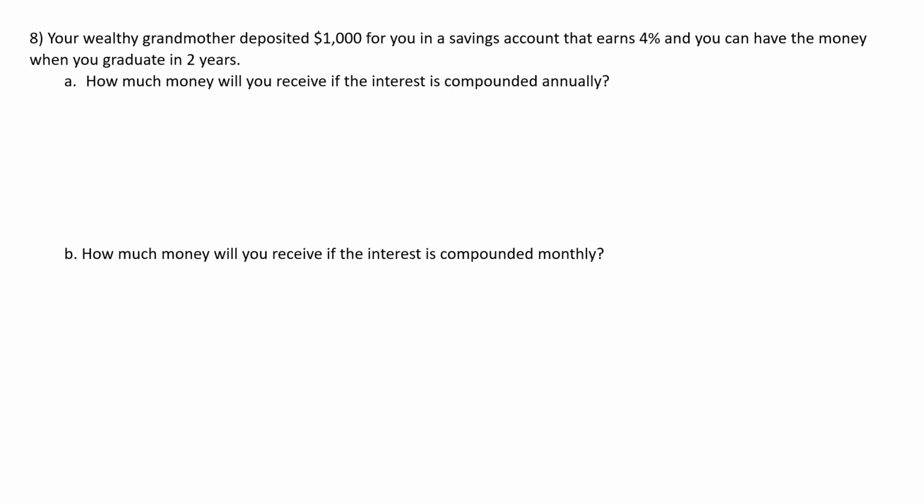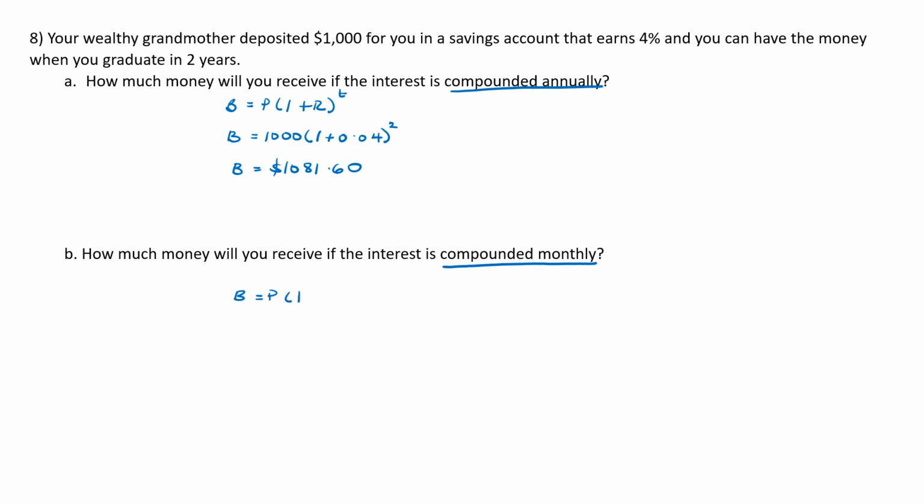To determine the balance when interest is compounded annually, we use the balance equals the principal times 1 plus the rate to the power t. And so the balance here will be the amount invested, which is the $1,000, times 1 plus 0.04 to the power 2. If the interest is compounded monthly or periodically, then the general equation we use is 1 plus r divided by n, where n represents the number of times compounded. So if it's compounded monthly, then n will be equal to 12. And so the balance becomes,